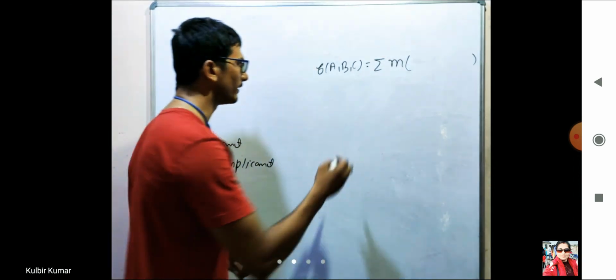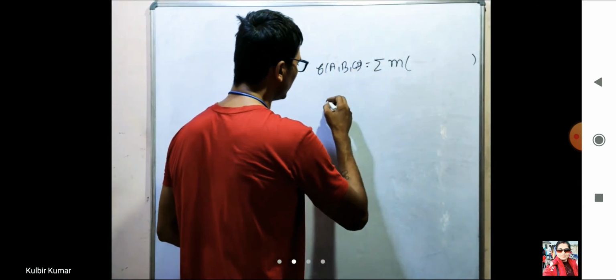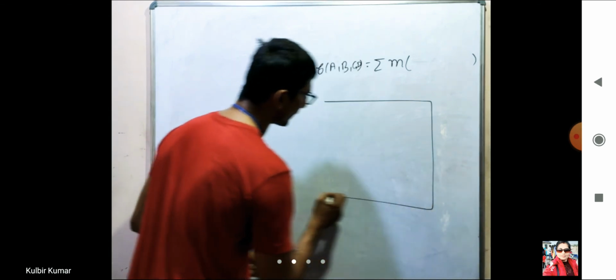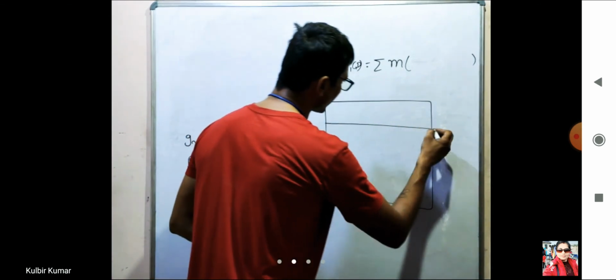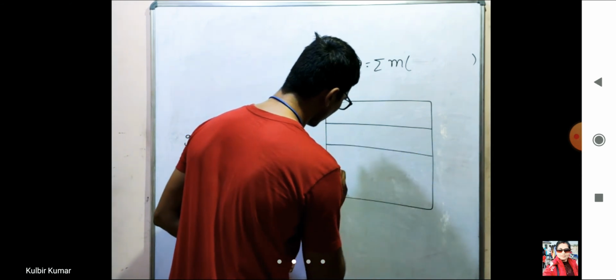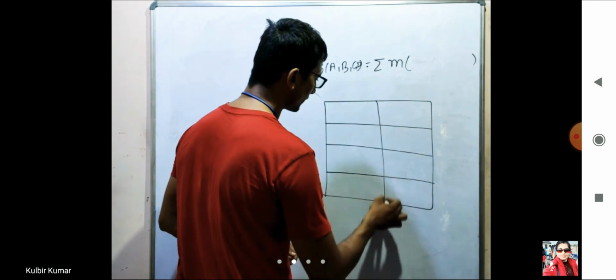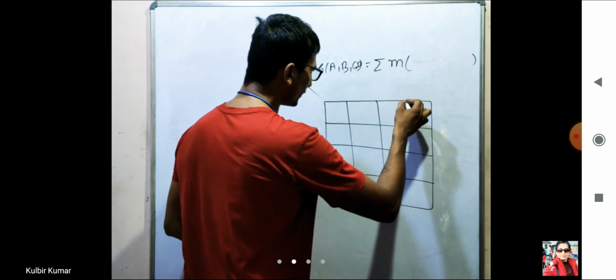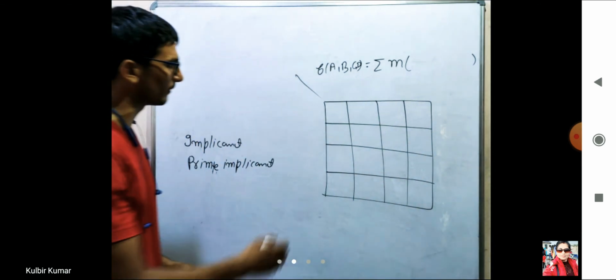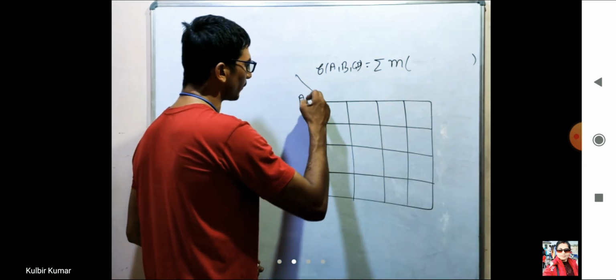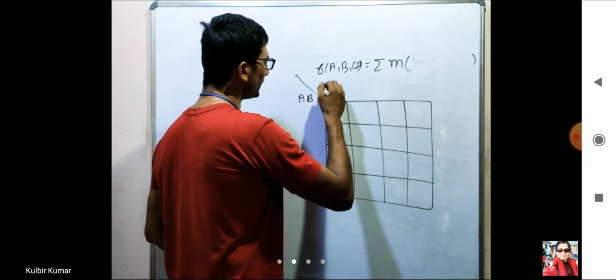So if we have a, b, c and d, 4 variables, then the K-map will have a total of 16 cells, and for 16 cells there will be 4 rows and 4 columns. So you have to take 2 variables to identify rows and 2 variables to identify columns. Let us take AB for row and CD for column.